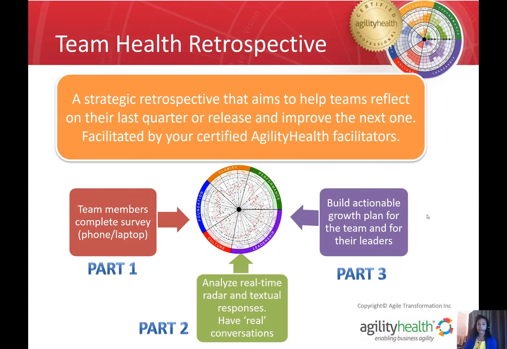The third part is building that growth plan, for the team and for the leaders. It's really important that this is done by a facilitated Agility Health facilitator, and that way they are able to ensure that the real conversations are happening and that the growth plan is actionable for the team. Some of the examples of things that get escalated up to that next level to the leaders are things like the tools that you might need that require you to go out and purchase them. A lot of things like barriers to cross-team collaborations, or any training or coaching needs are the sort of things that we usually see come up for the leaders to help us resolve.